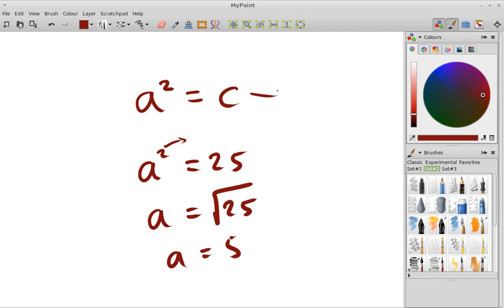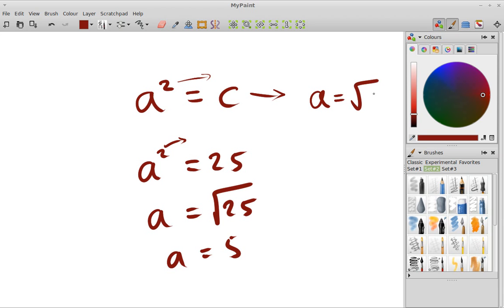In this example, however, it's unsolvable, because we haven't been given 25, we've just been given a letter C. But it's the same method. So all you're going to do is take the squared across, and you're just going to be left with A equals